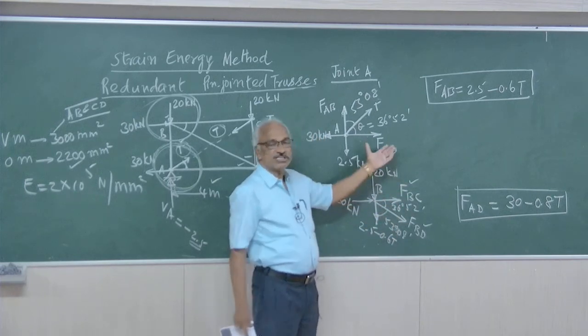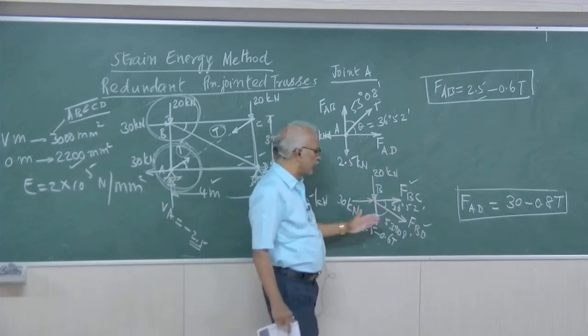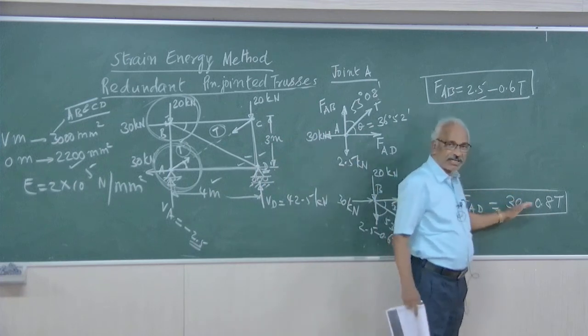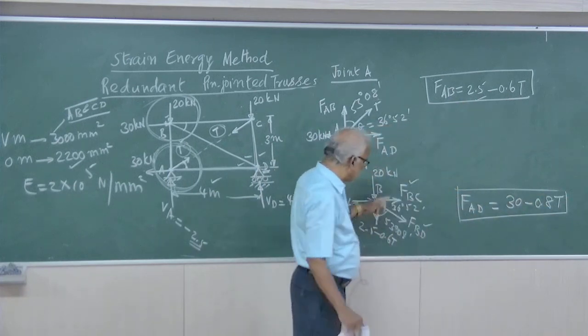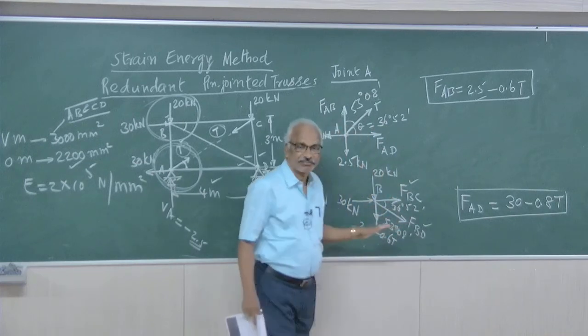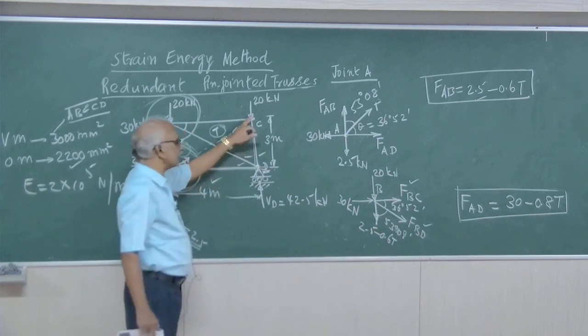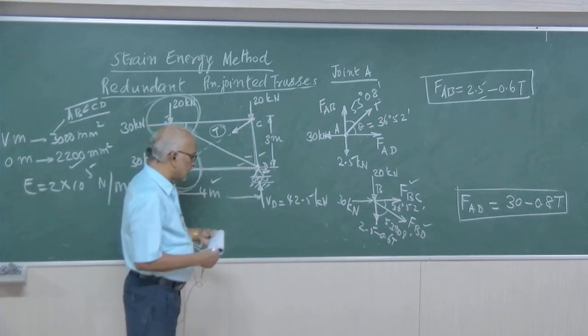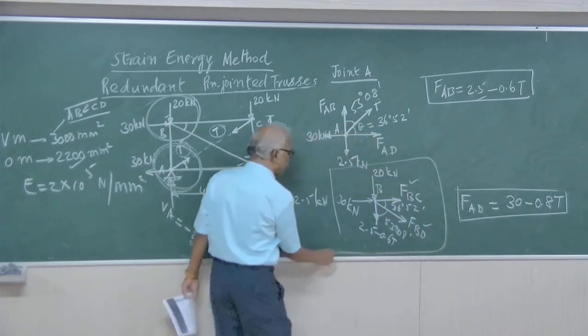Then if you solve for FBC, all the forces will be in terms of some number and in terms of T. Similarly, this will also be like that only. So this we have to do, and one more analysis for joint C. So this is to help you to do the analysis for joint D. This will give you the idea.